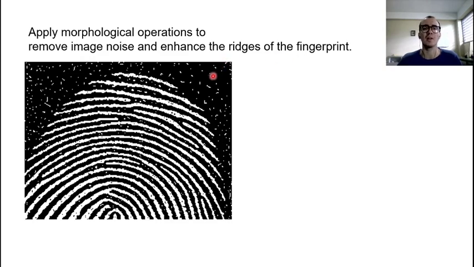So which noise are we talking about? We are talking about this type of noise we have in the background. We have white spots in the background and this noise is undesirable. We need to remove it using morphological image processing. We also need to remove this type of noise in the ridges of the fingerprint, these black spots on the lines of the fingerprint. We can appreciate how many dark points we have, and we want to enhance this region. We want it to look much better in order to improve our system. Okay, so now let's get into MATLAB and see which process we need to take to enhance this